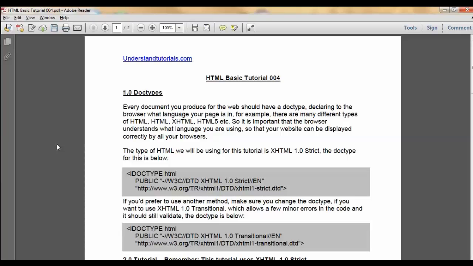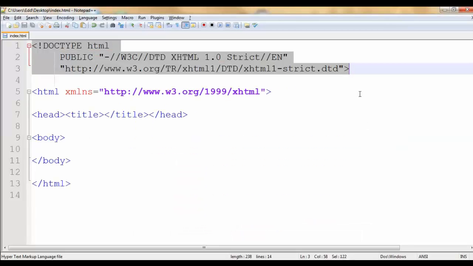In this tutorial I'm going to cover two things: doctypes and validation. So starting with doctypes. A doctype is basically a few lines of code that tells the browser what language you're using in your document. If we go to the code, you'll see it goes at the very start of your document, before the HTML tag,